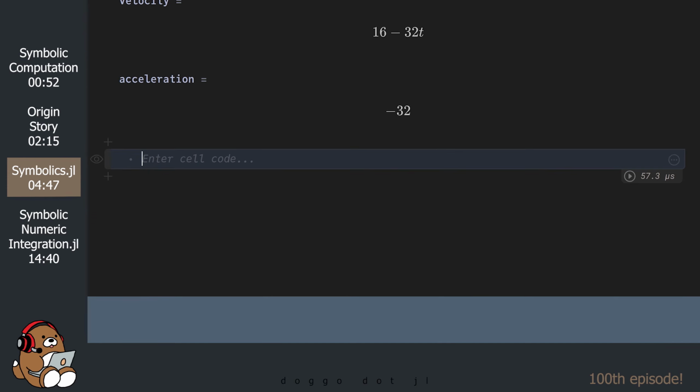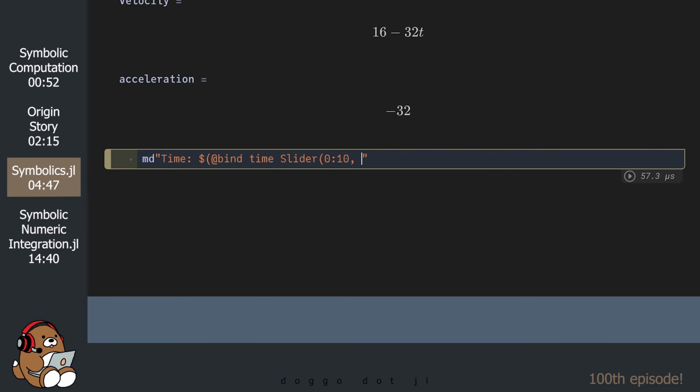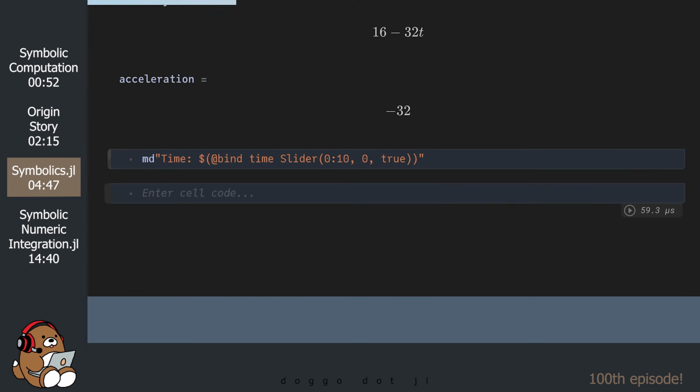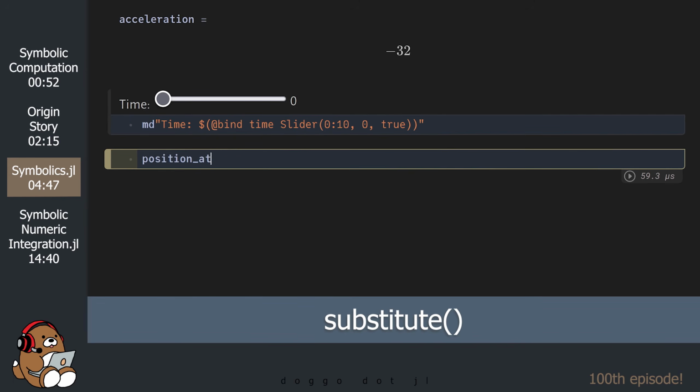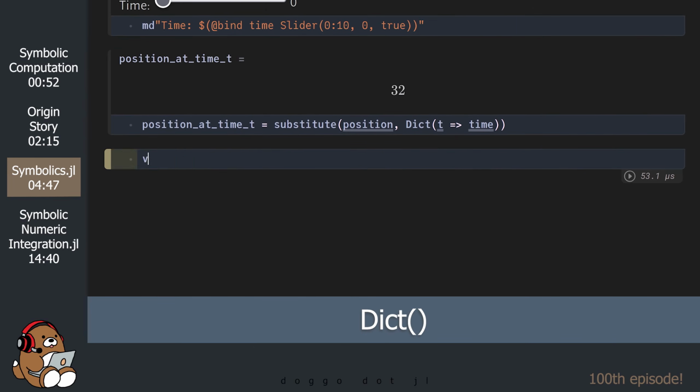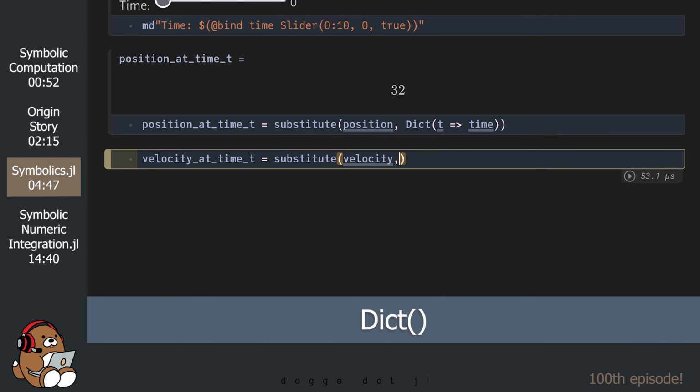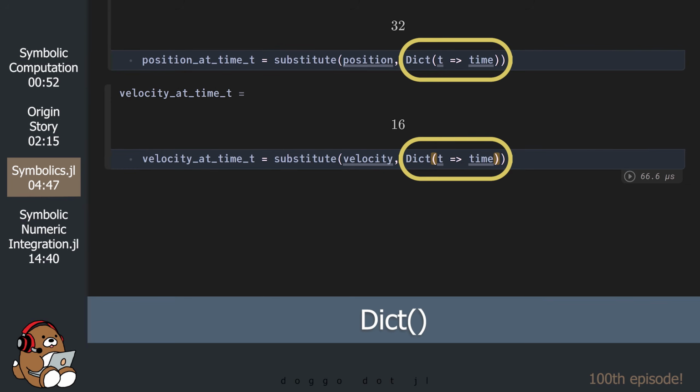Let's set up a Pluto slider so we can change the values for time. In order to replace a symbolic variable with an actual number, you need to use the substitute function. When using the substitute function, the number needs to be inserted using a dictionary.